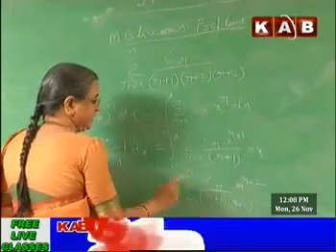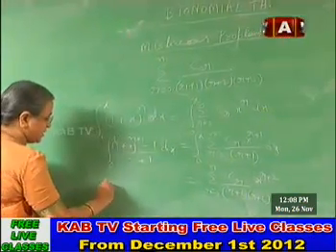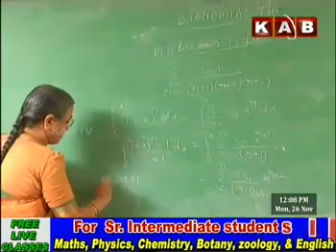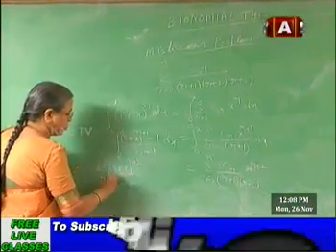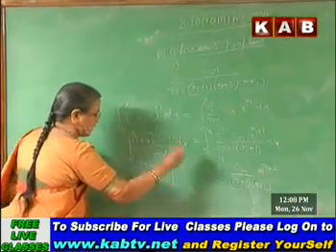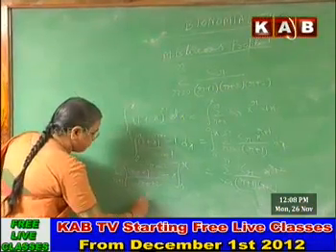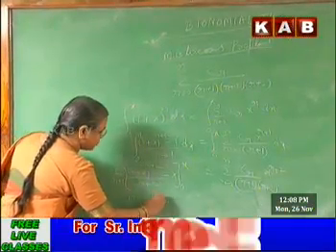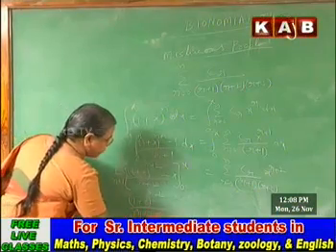For x the same, for 0 it is 0, and this side the integration is 1 by n plus 1 into 1 plus x whole power n plus 2 by n plus 2 minus x, from 0 to x. This comes out to be 1 plus x whole power n plus 2 by n plus 1 into n plus 2